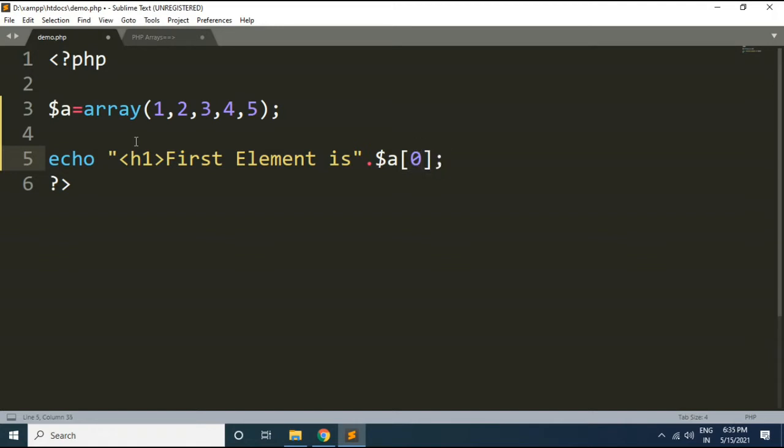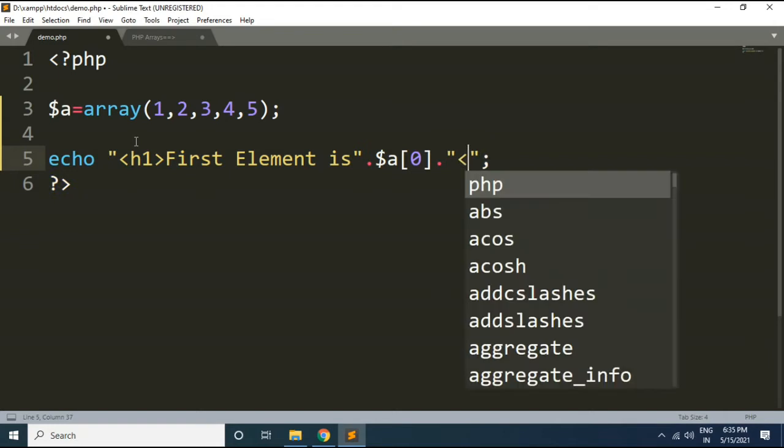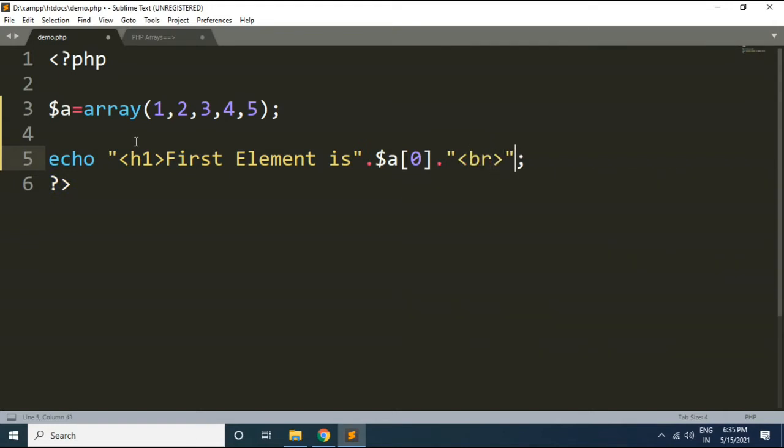So our first element is available at index value 0. Okay, and here I will use the br tag for breaking the line. Now friends, this echo statement will print the first element value, that is 1.